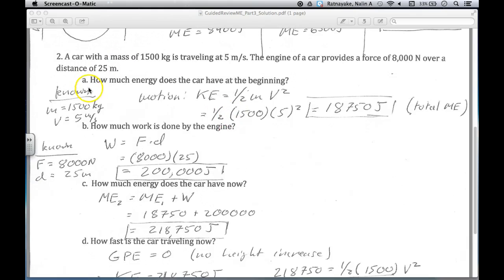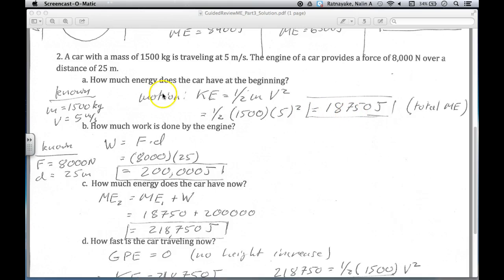Well, if I look at what I know, I just have a mass of 1,500 kilograms, a velocity of 5 meters per second. I'm not told anything about height, and it doesn't seem like this car is gaining or losing any height, so I'm going to say that GPE, gravitational potential energy, is not relevant to this problem. The only energy that the car has right now is the energy of motion, because it's moving. So I'm going to write down my relationship for the energy of motion. Kinetic energy equals 1/2 times the mass times the velocity squared. I plug in what I know, 1/2 mv squared, and I get